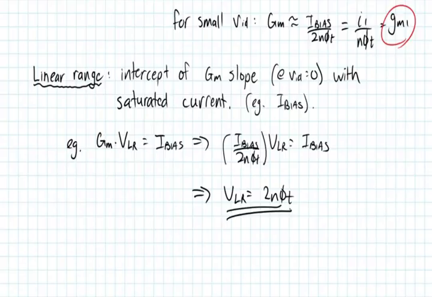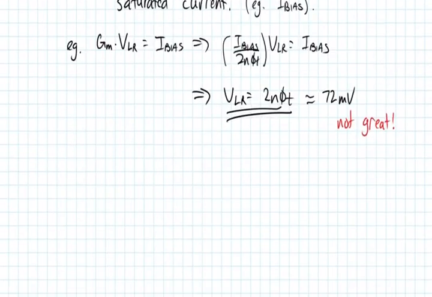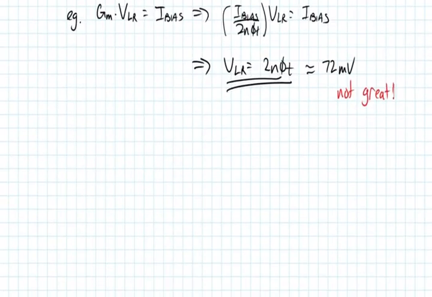Now we know what N is, we know what phi t is, at least at room temperature, we know what the factor 2 is. That's roughly equal to 72 millivolts. Okay, so you might be thinking, that's not great. And you would be right, depending on the application, I suppose. But that may not be a huge amount of linear range. If you're expecting your input signals to be larger than the 72 millivolts, then you are not going to be